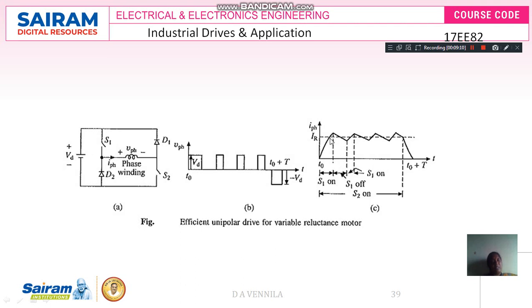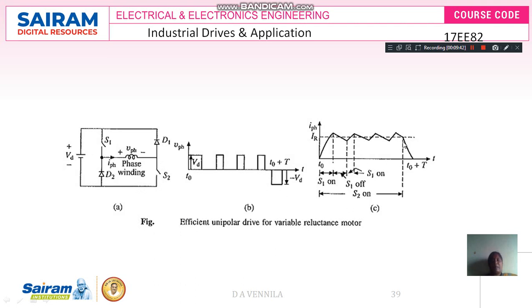So like that, the switch S1 only will turn on and off in order to maintain the phase current in the limited range. Then both the switches S1 and S2 will be turned off. During the turn off of the S1 switch, the phase current will be flowing in this direction, that is S1, D2 and this one, because this switch is completely closed, this is not going to be open.